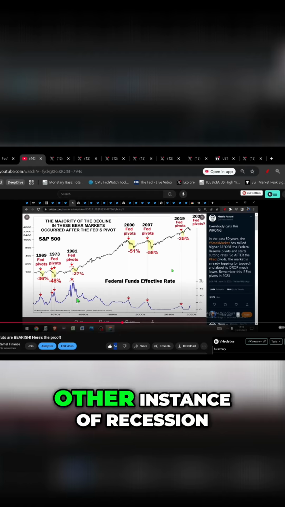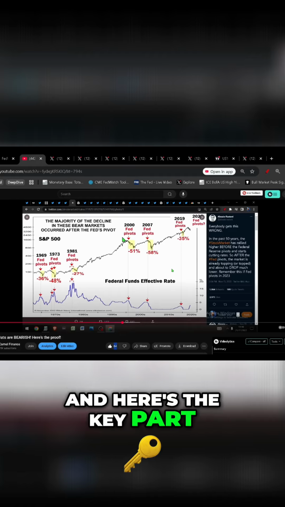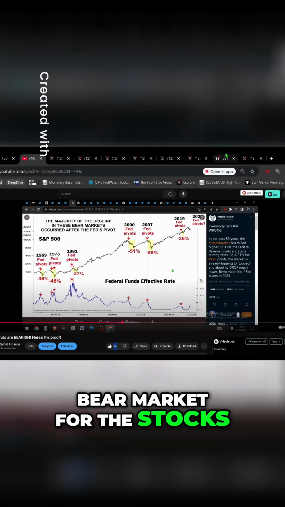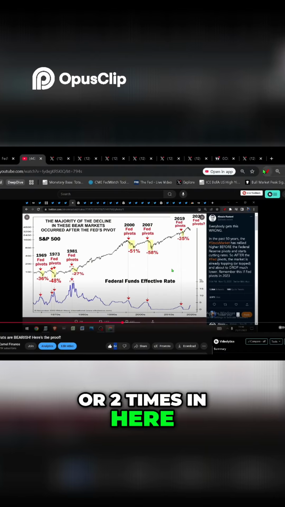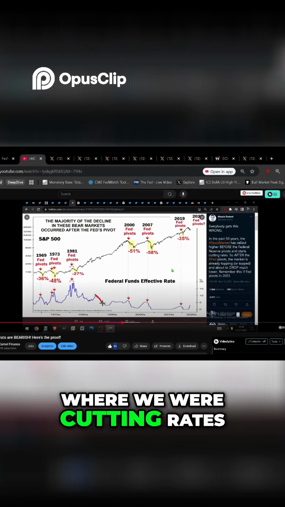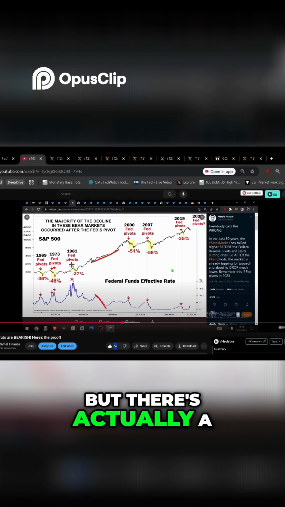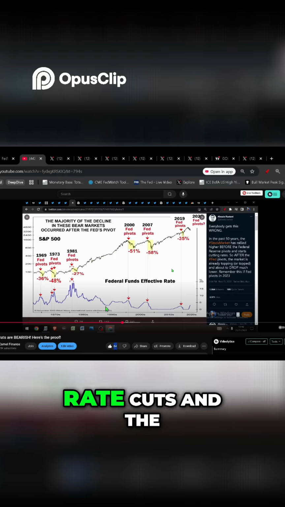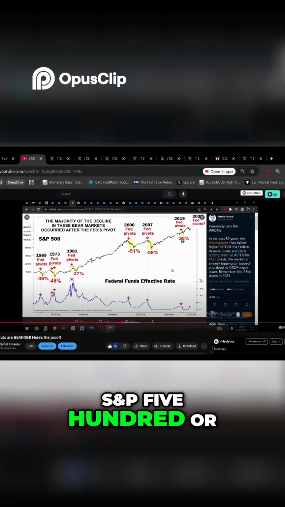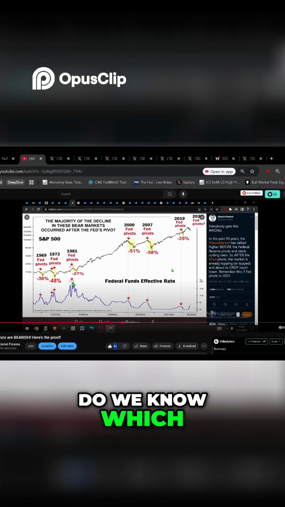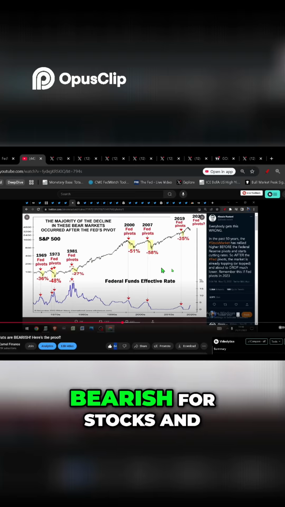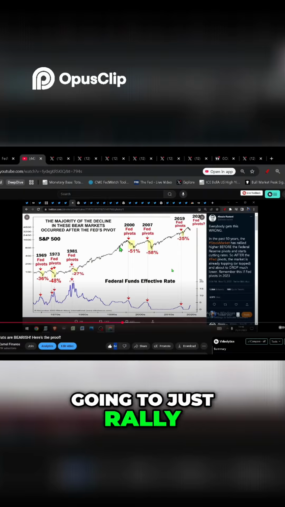Just like every other instance of recession, and here's the key part, bear market for the stocks. I wanted to kind of build on this further because there's one or two times in here, like for example this, where we were cutting rates, okay, and the markets went higher. There's actually a way to screen these rate cuts and the S&P 500 or the stock market performance, right? So that we can point at these and say, well, how do we know which times when we're cutting it's going to be bearish for stocks and which times the market's going to just rally in the face of it,